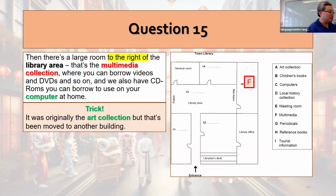Let me ask the in-person participants, have you got all the answers correct? Yes, wow, so give yourself a big hand. Great. Okay, so what about the Zoomers? Have you got all the answers correct? Okay, no response, but never mind. For the Zoomers, if you have any questions, feel free to stop me and I can explain any parts to you. Maybe now I would like to highlight what you have to pay attention to during